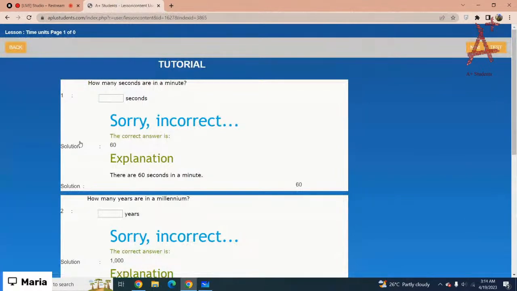Okay, how many seconds in a minute? Yes, we have 60 seconds in a minute. Got it? In 1 minute you have 60 seconds. In 1 hour you have 60 minutes. Got it? So let's just start with the